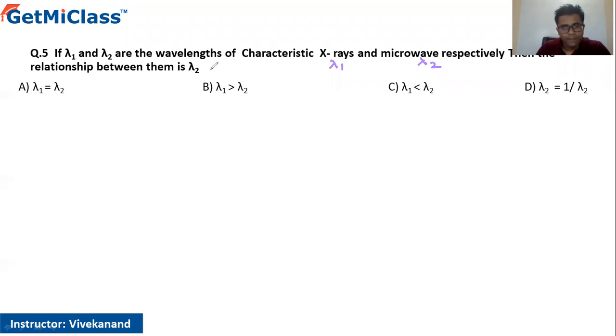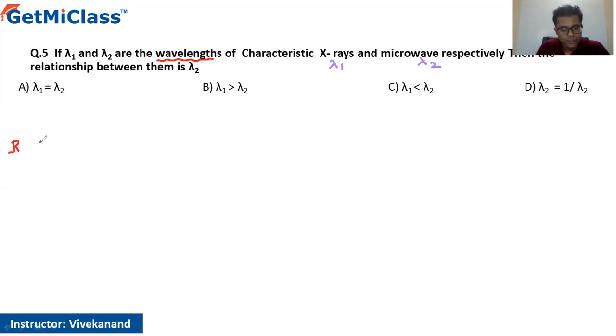Now it's time for us to recall the entire electromagnetic spectrum in the increasing order of the wavelengths, because this entire question is based on the wavelength. If you have that entire scenario in mind, the direct answer is going to be lambda 2 is greater than lambda 1. But let's prove that. First, the waves that fall in the electromagnetic spectrum,